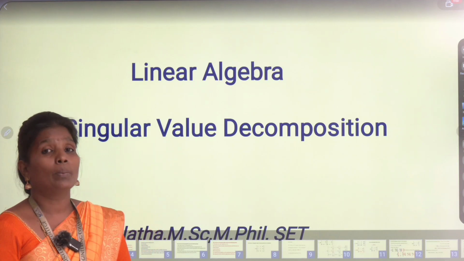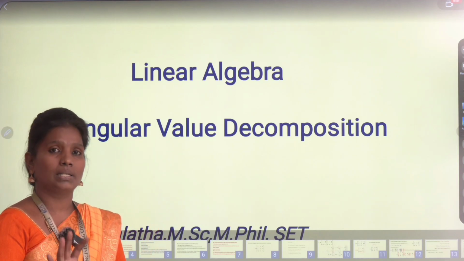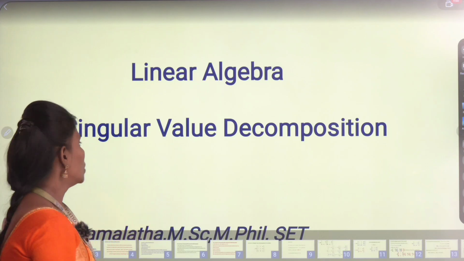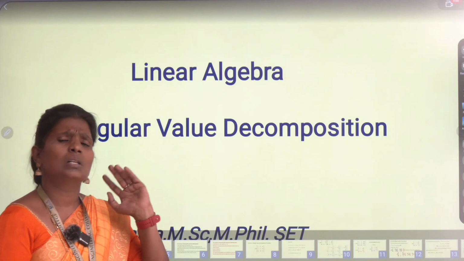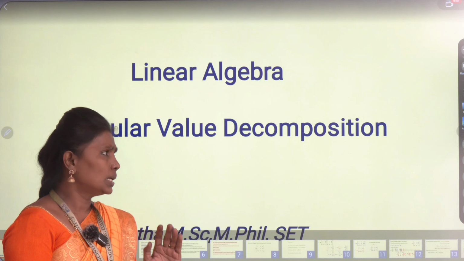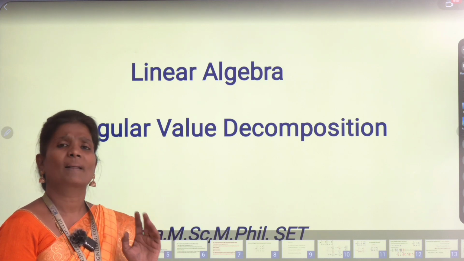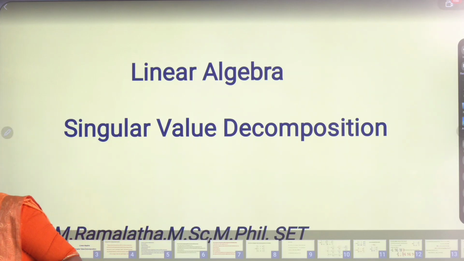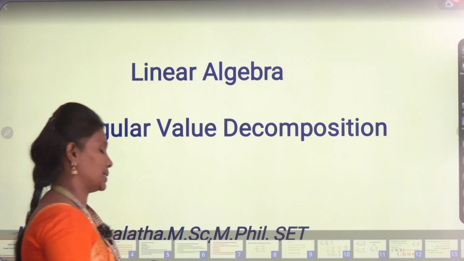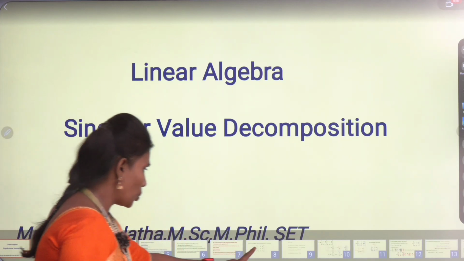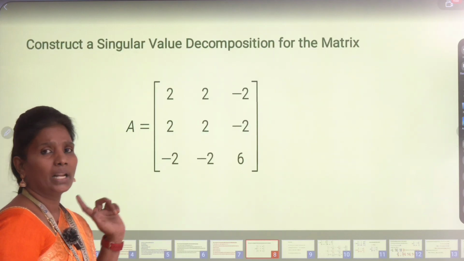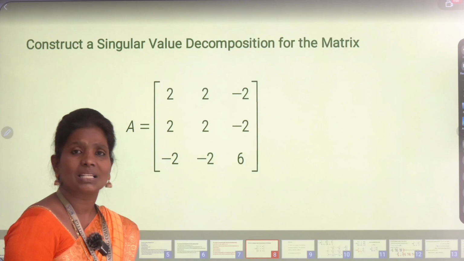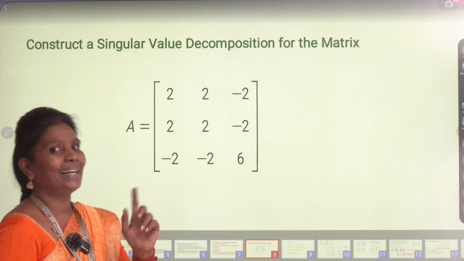You people know about matrices. The words singular and non-singular are used in matrices only. Then what is singular, what is non-singular here? Singular, non-singular is nothing but, suppose you're going to assume a matrix here. We're going to assume a matrix. In our problem one matrix is there. Because already in our topic, the main heading is singular, so our matrix is a singular matrix. It is going to be decomposed.